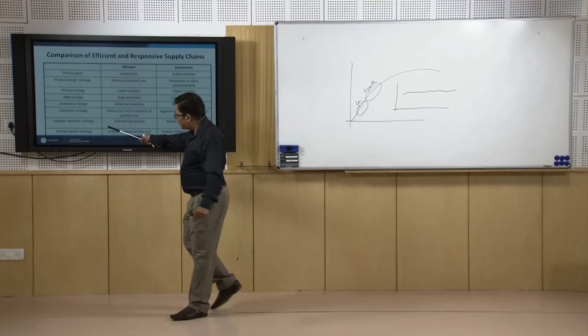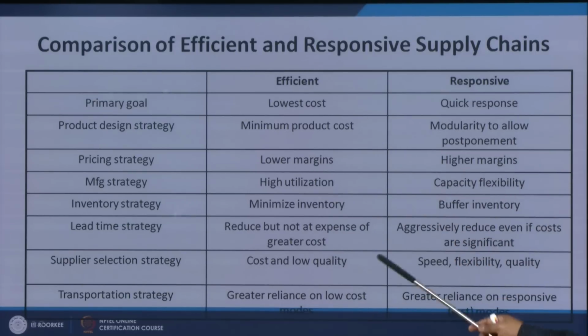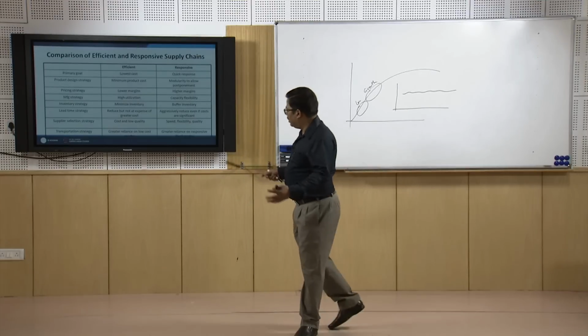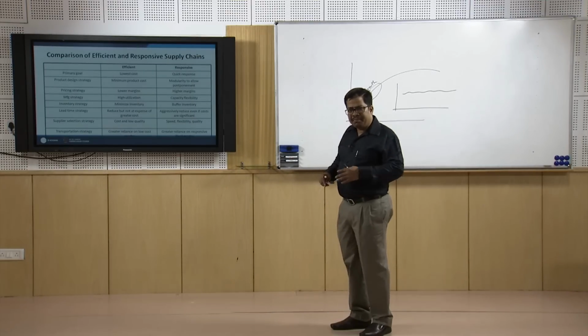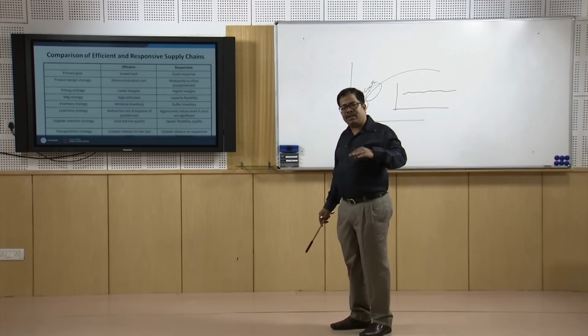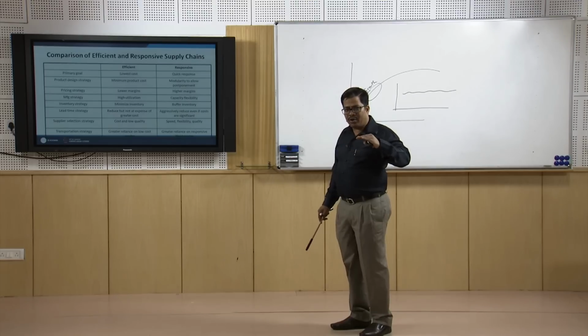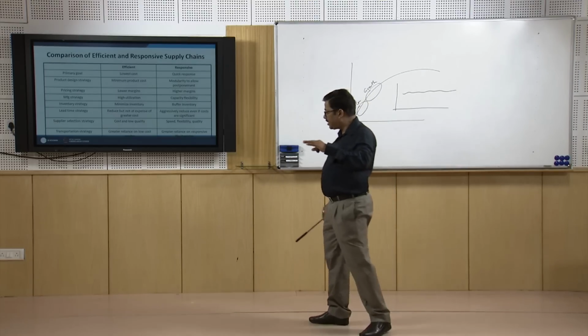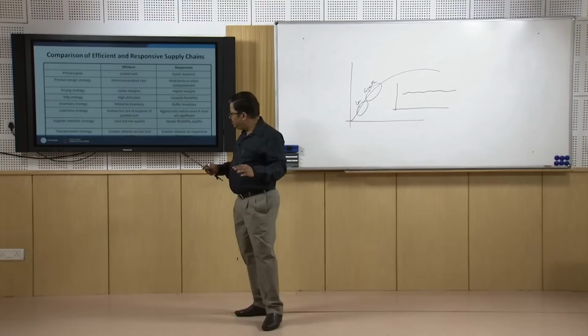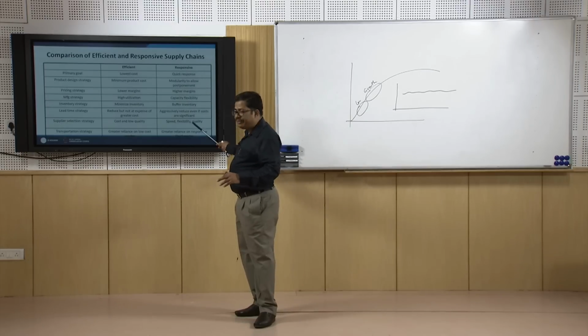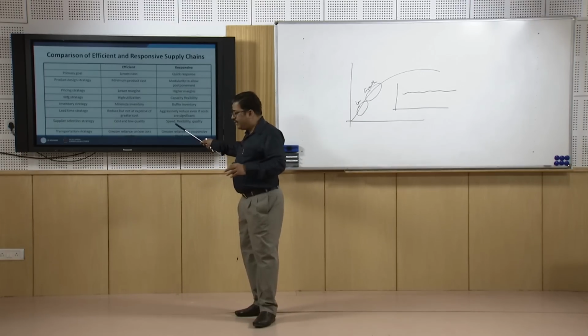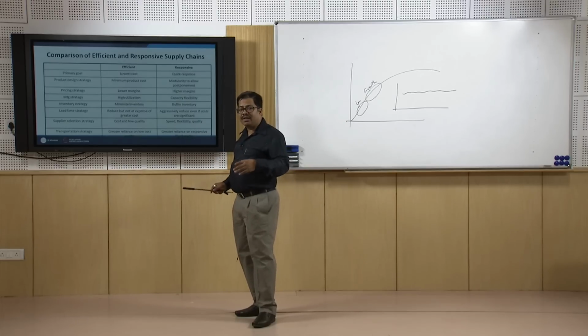Then supplier selection strategy: in case of an efficient supply chain, we look for cost, and quality is not that important, but since our suppliers have developed over a period of time, we expect a particular level of quality. While in case of a responsive supply chain, we expect flexibility, we expect speed, we expect quality. All these things we expect when we are selecting a supplier, because